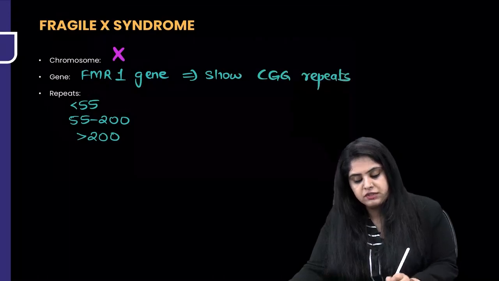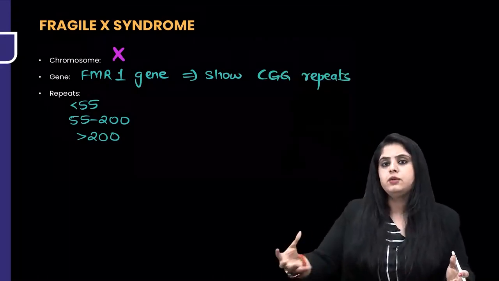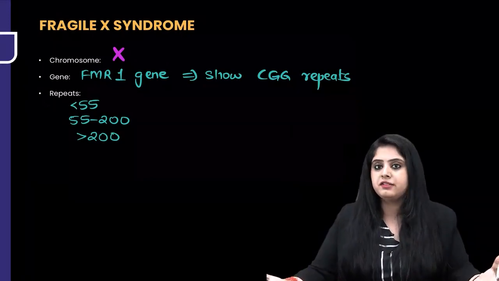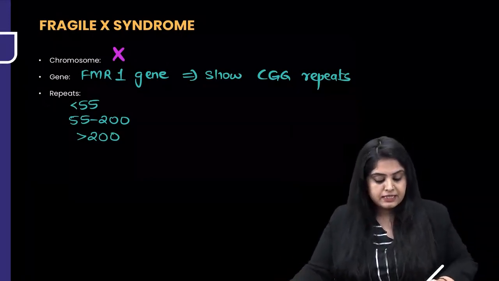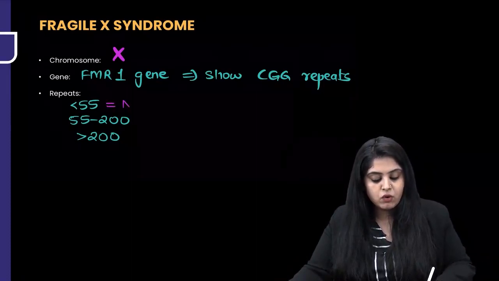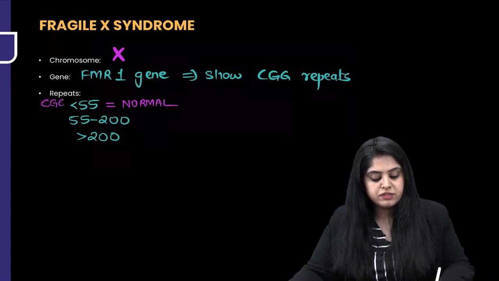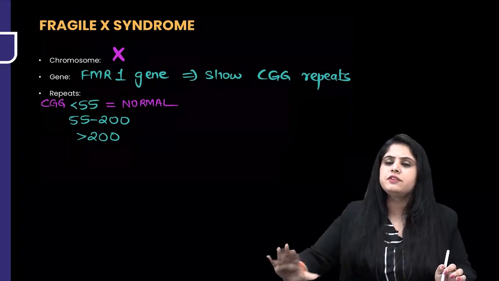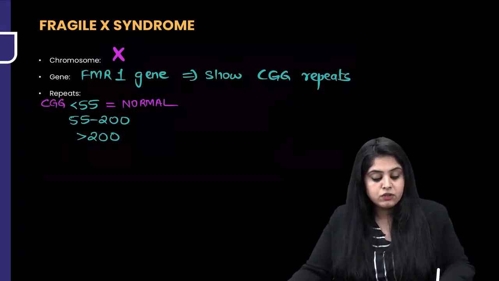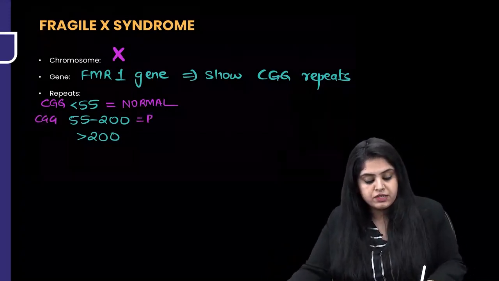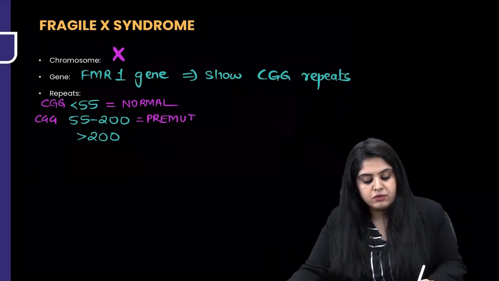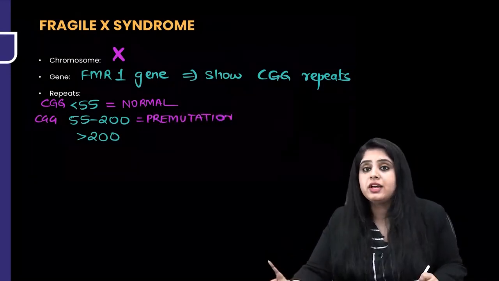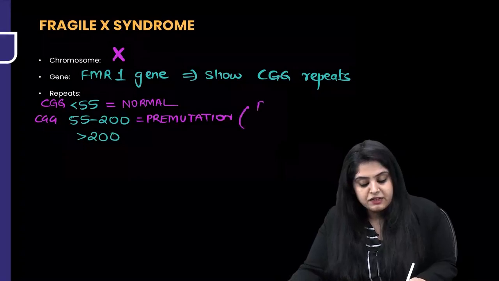So the next question is, how many repeats? 5, 10, 20, 40,000. How many repeats have to be there? So remember, till the time it is repeating less than 55 times, we all have this. CGG repeating for up to 55 times is normal. CGG, CGG, CGG, up to 55 times normal. When it crosses 55 to 200, that is known as a pre-mutation, and that is not Fragile X. Mind it, that is Fragile X